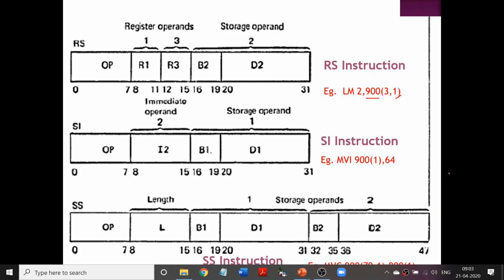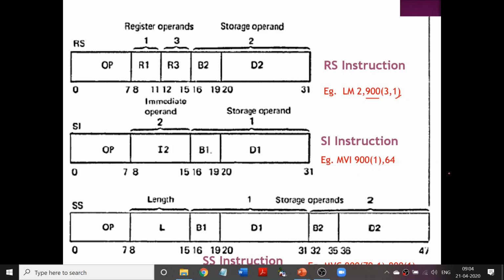Right. I wanted to move this number, data 64, into the memory location 9 of 1. 9 is the displacement, 1 is the base register value. So I'm going to say move immediately 64 into this address location. So you have one address location, which is S, storage, and you're also going to have one I, which is your immediate data. Okay, immediate data will always use 8 bits, or 1 byte. It is always going to be represented using 8 bits only. You cannot have a number which is more than that. You can only have a number as big as 8 bits, right? That is one thing, and it has to be loaded or stored inside your memory location. So let us go to the format. The format has opcode 8 bits.